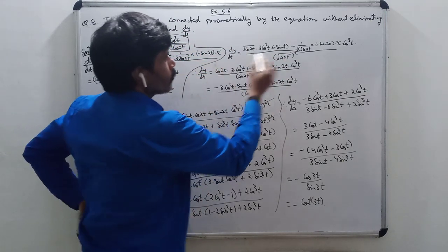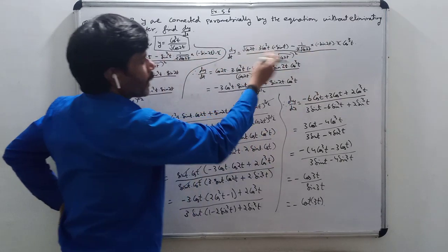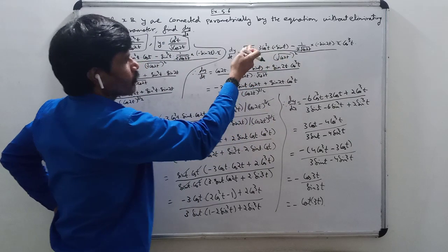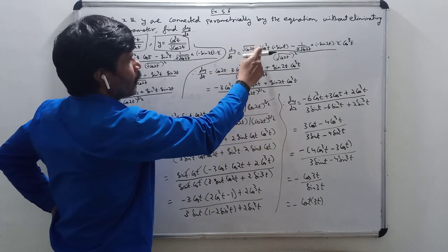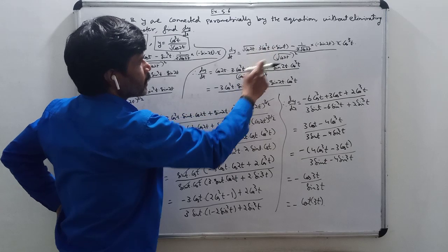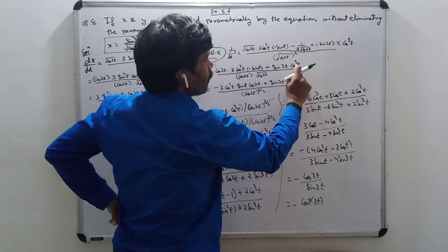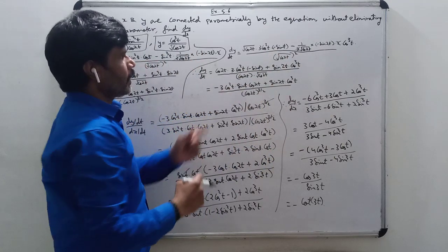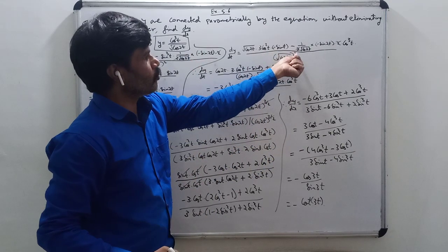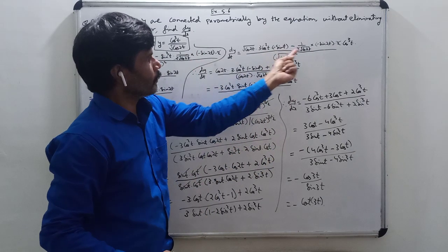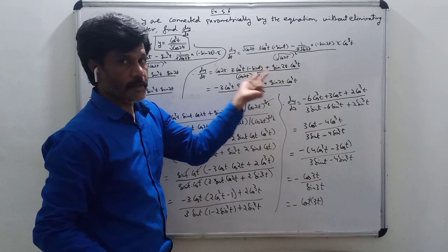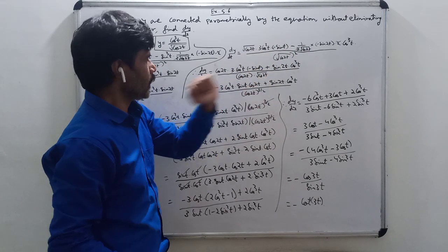Okay, that is equal to, now here 2 gets cancelled. Now I am taking LCM in the numerator, root of cos 2t. So when we take LCM, this will be cos 2t, this will be 3 cos square t as it is, minus sin t as it is, minus and minus will become plus, cos cube t and sin 2t, whole divided by root of cos 2t the whole square will become what? Cos 2t, and this root cos 2t as it is, the LCM of the numerator, that is root cos 2t as it is.